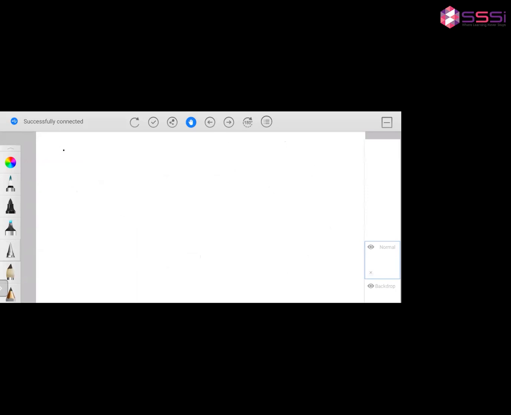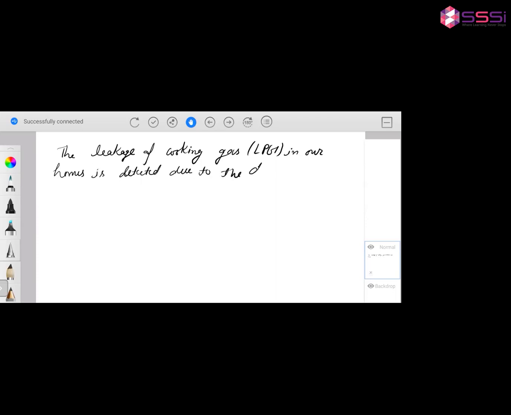The leakage of cooking gas, LPG we can say, in our homes is detected due to the diffusion of a strong smelling substance.